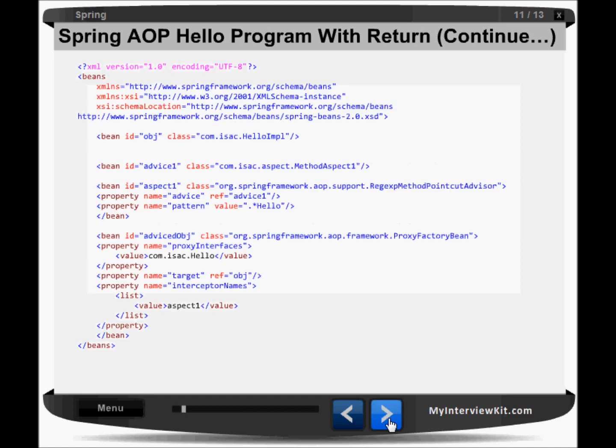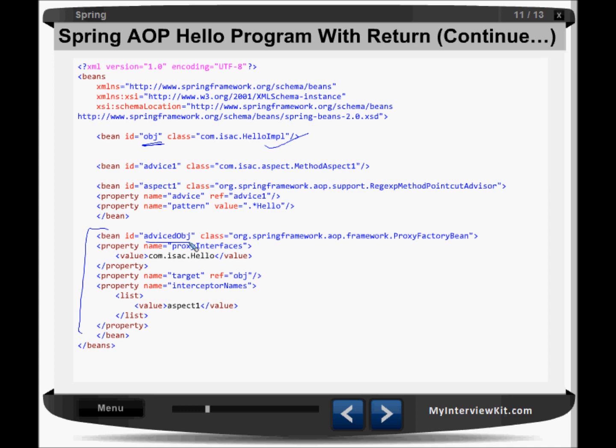Now next, we are saying that here I have a Hello interface, right? But before that there's one class I have, HelloImpl, which has an id obj. Now here what we are doing, we are giving a name, id adviceObj, right?